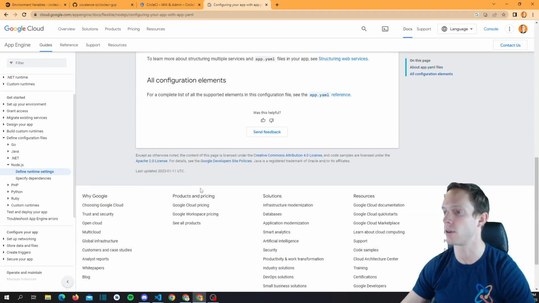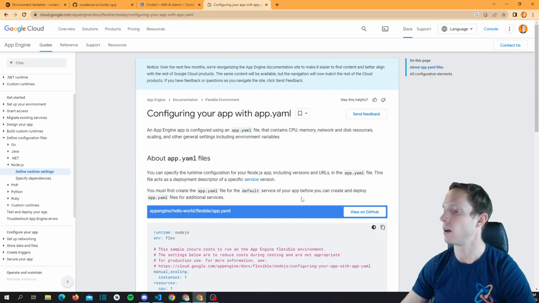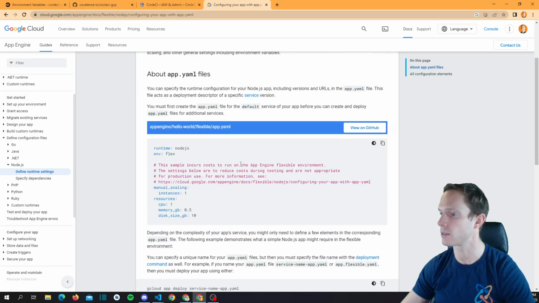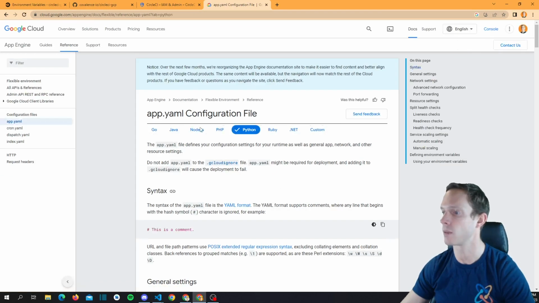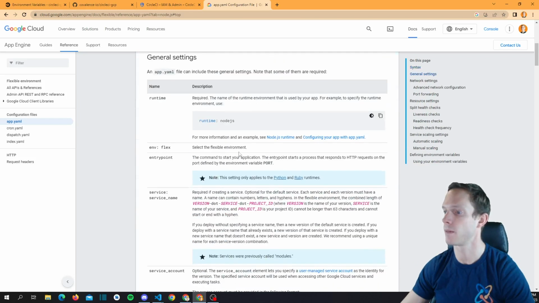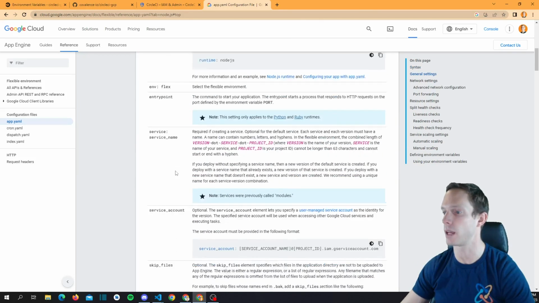We could also have automatic scaling, but usually they have a much better file on this. I swear I've seen it. Let's see, app.yaml reference. This is probably what I'm looking for. Node.js. Yeah, okay, so here's all the actual